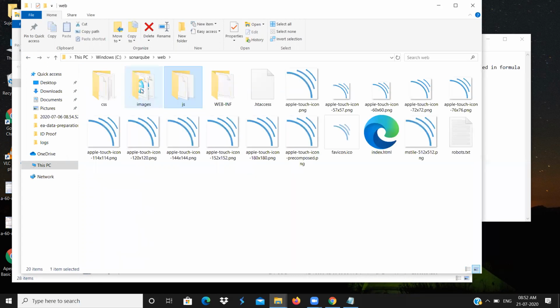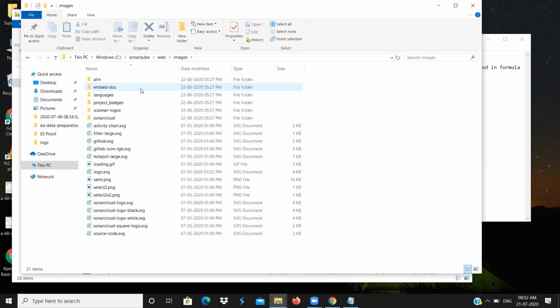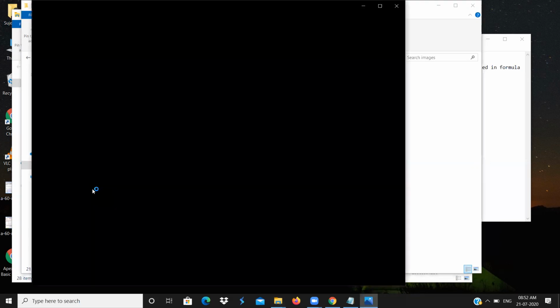Each and every thing they have put in a folder. In all the programming languages, you will have different folders, and in different folders, you will have different files. When the application is running, it will fetch the files from this location and display them in the UI. See, this is an image. This image, if you see it here, doesn't have a meaning, but when you see it in the application, it will be placed in the proper area.